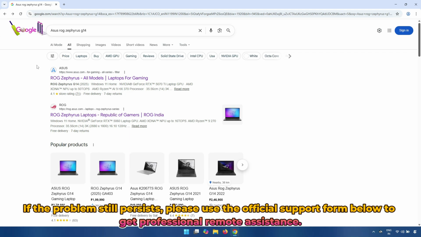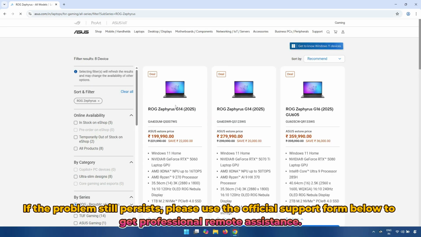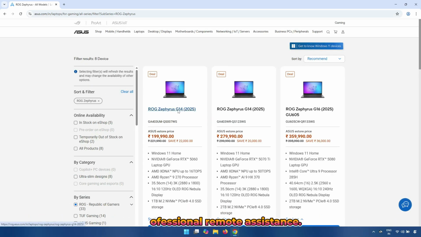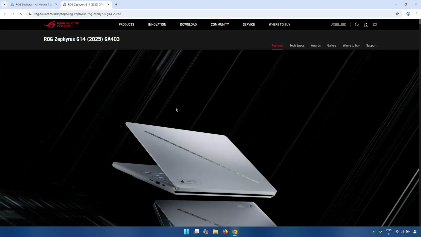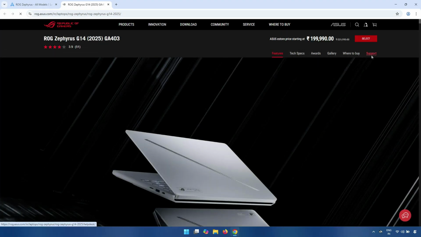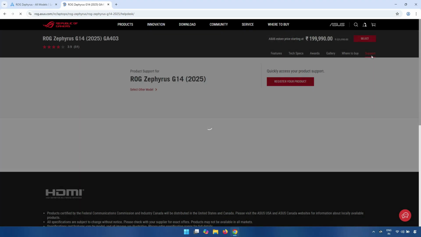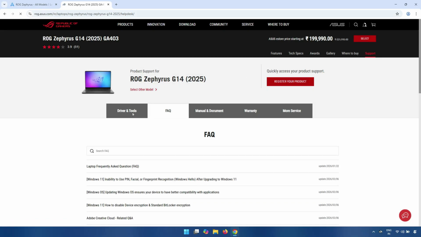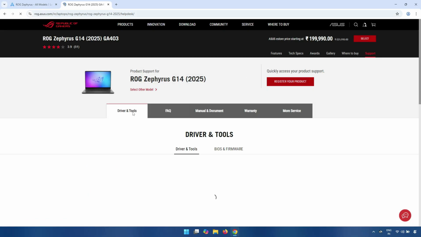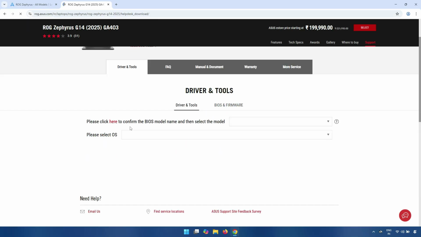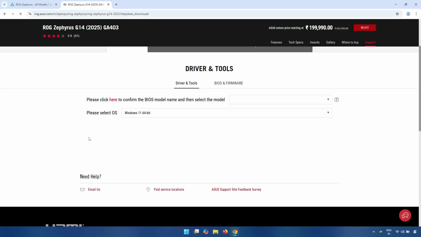Open any browser and type the URL asus.com, then click on it. Then this is your laptop, just click on it. After that click on support, then click on driver, select OS,